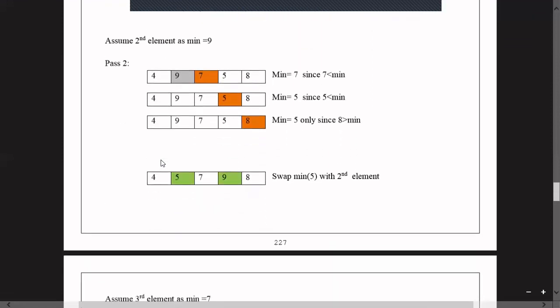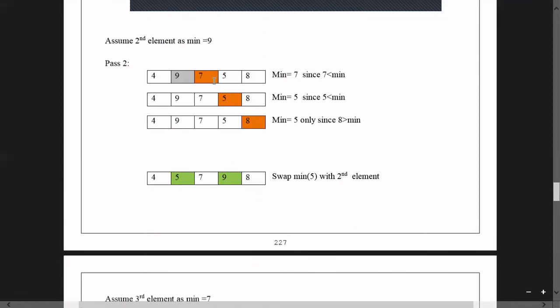Here in pass 2, the second element, 9, we are considering as the minimum element. That 9 is compared with all the other elements 7, 5 and 8. Here the minimum element is 7, because when you compare the minimum element 9 with 7, 7 is the minimum. So the minimum will become 7 now. Here you compare that 7 again with the next element 5.